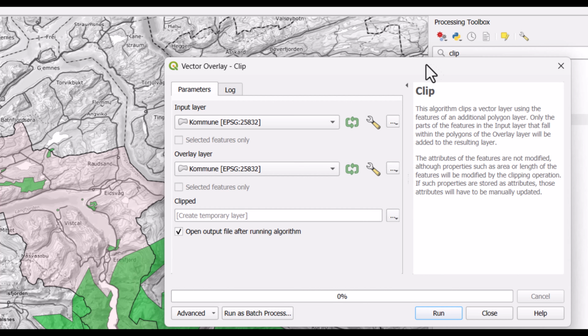So we need to enter the input layer, and this is then the protected area, which I need to clip. And then the overlay layer, or the clip layer, this is then the polygon layer for the municipalities. So everything which is then within the municipality boundary will be then the output. So this works just like a cookie cutter. If you are going to use a gingerbread man, for instance, you use the cookie cutter and take out the